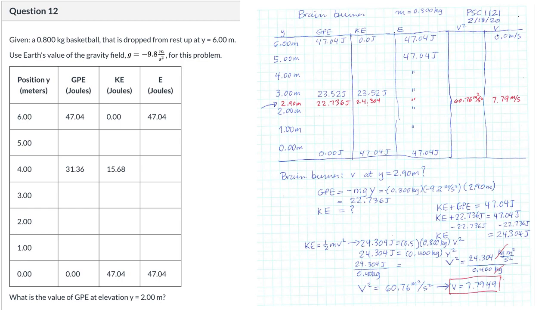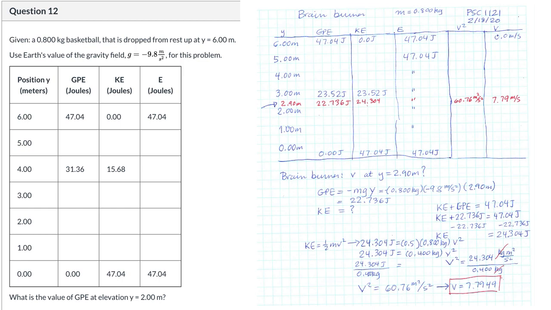So let's do that on the calculator. 47.04 minus 22.736, 24.304. Okay, so we'll subtract 22.736 joules from both sides. And that means that kinetic energy is equal to the leftovers,